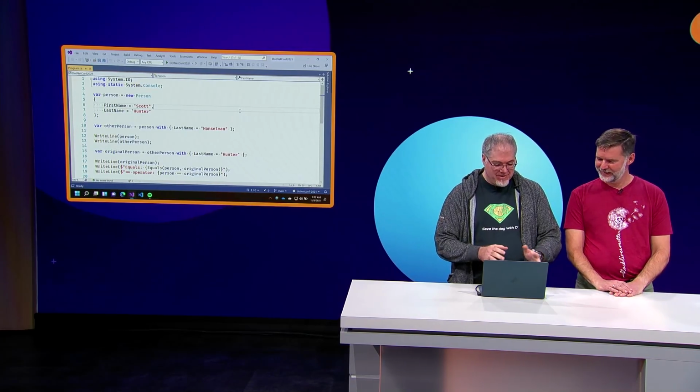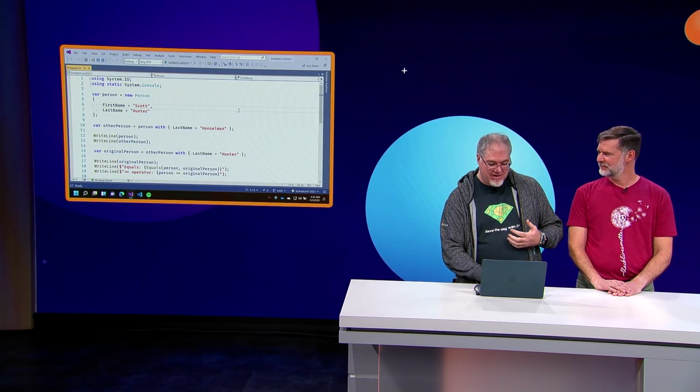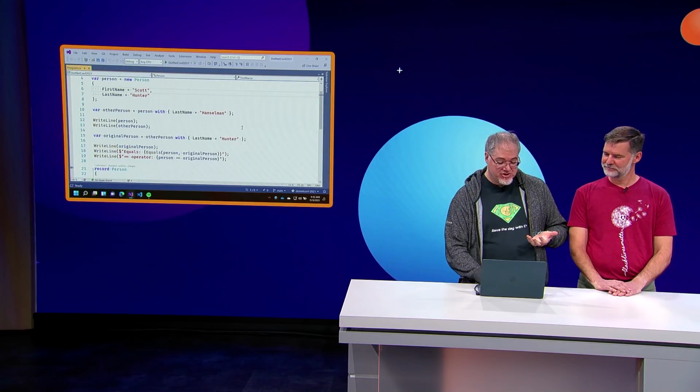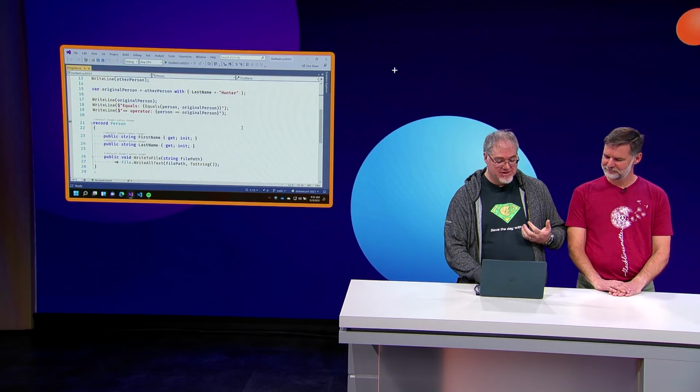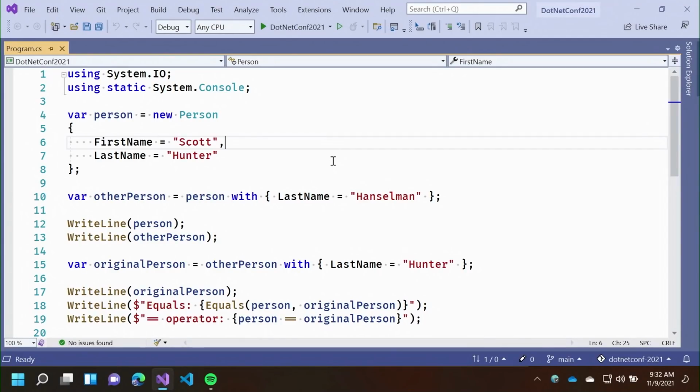So this application, it comes from C# 9. It was about showing records and with expressions and sort of the things we get with records. So there's a person record here. We've got with expressions on that, and it shows equality and all of that. And so that's what this demo showed. Right? That's what it showed. And just to recap, the with expressions create a new person object, a new instance of